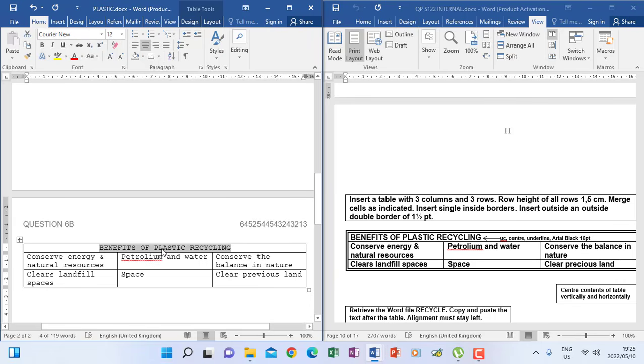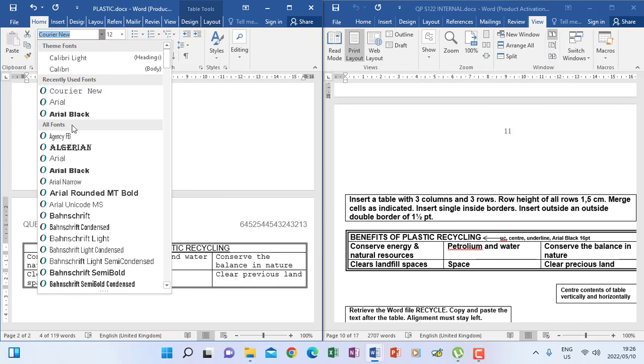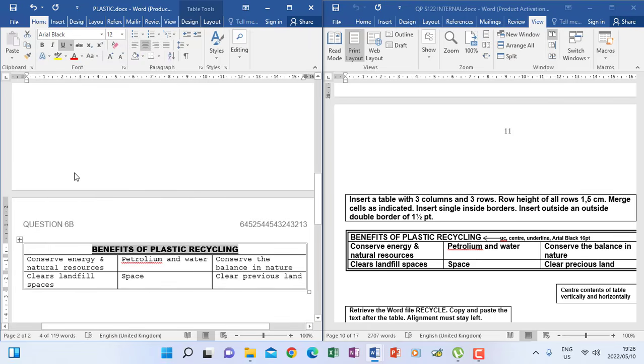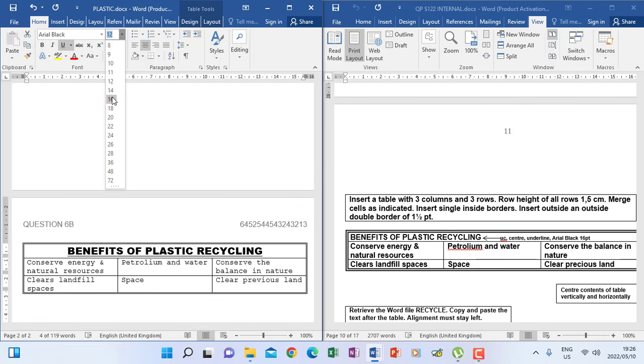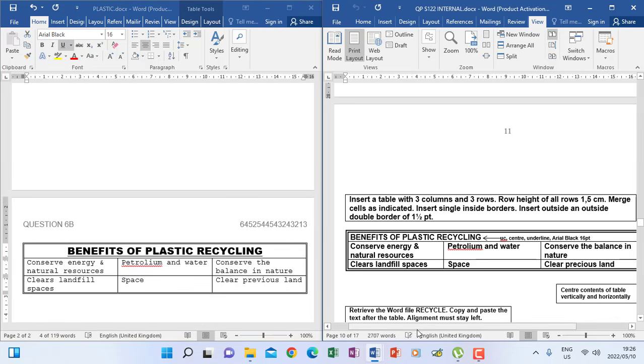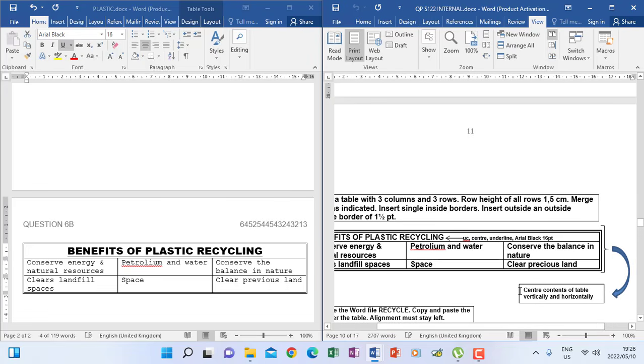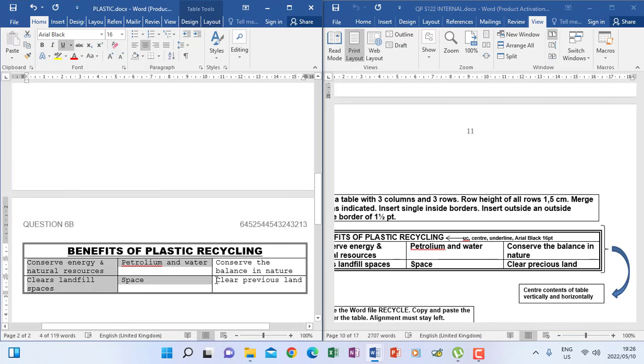Firstly, I've highlighted, so now I'm going to do the third one, underline. Arial black is the font type, Arial black. Okay, then I have to change the font size to 16, just like that. Then when we look at our instructions for the whole table, it says center contents of table vertically and horizontally. So what you do to center vertically and horizontally, you highlight everything, because it says all the contents,